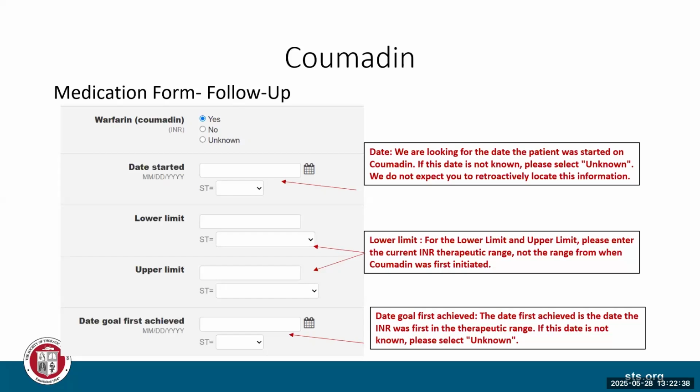Then why are there choices in the drop down for if you don't know what the intended range is? No, Carrie, this data is not telling you how long they've been in the therapeutic range, just when did they get in the therapeutic range. Yeah, I agree.